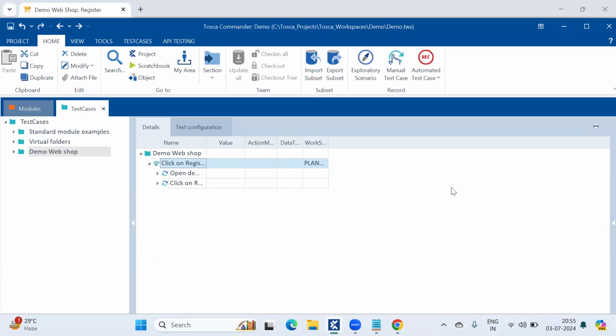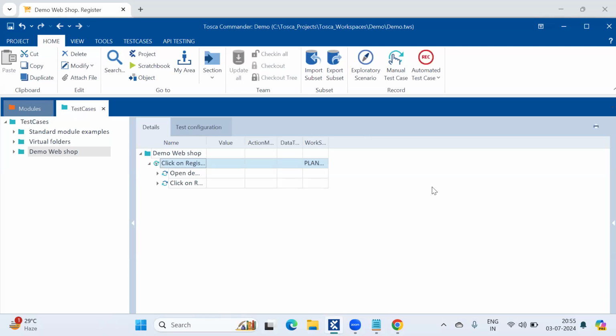The question is, is there any specific framework in Tosca? T-box framework we are using. In Tosca Commander, we use the T-box framework. T for Tango.